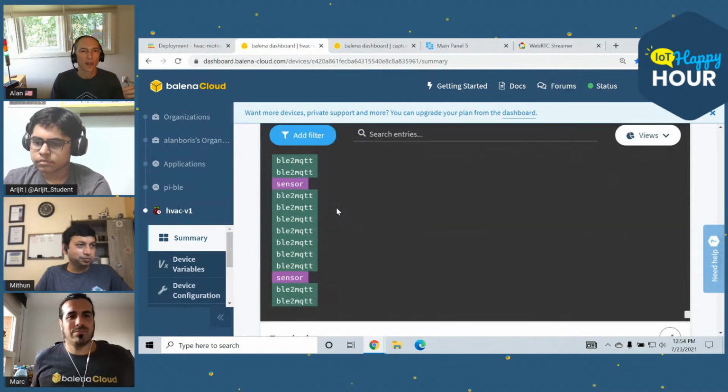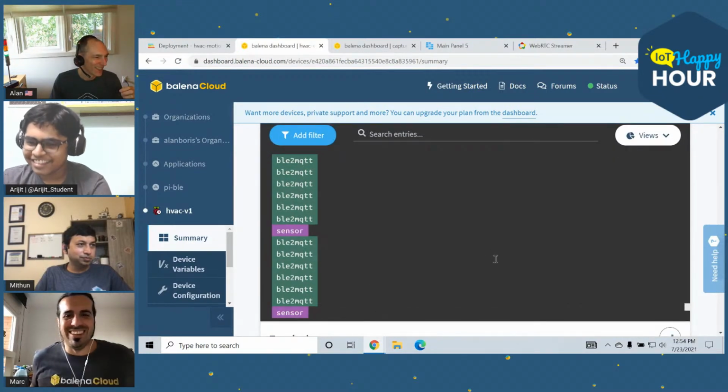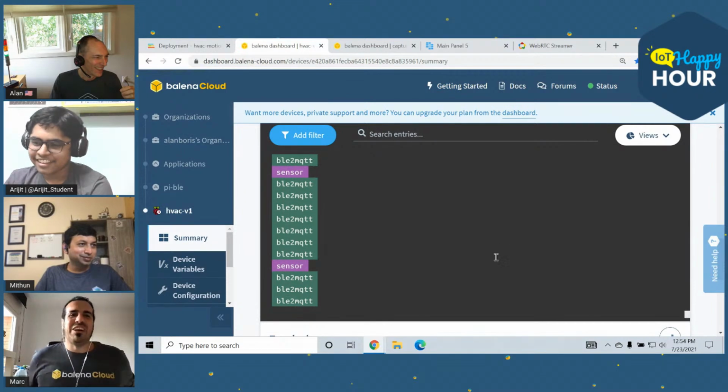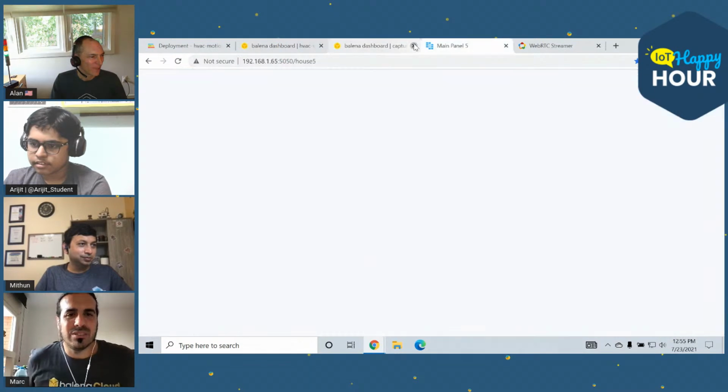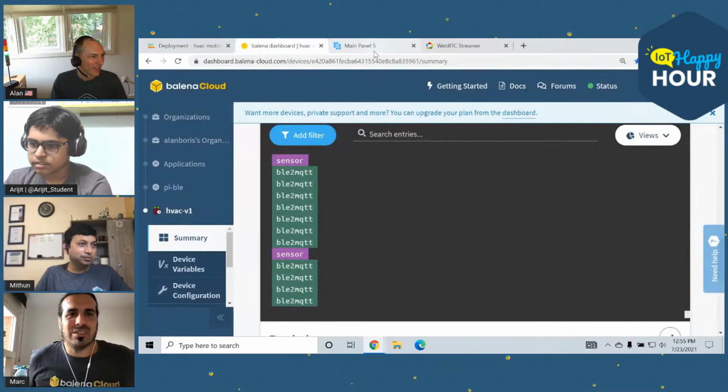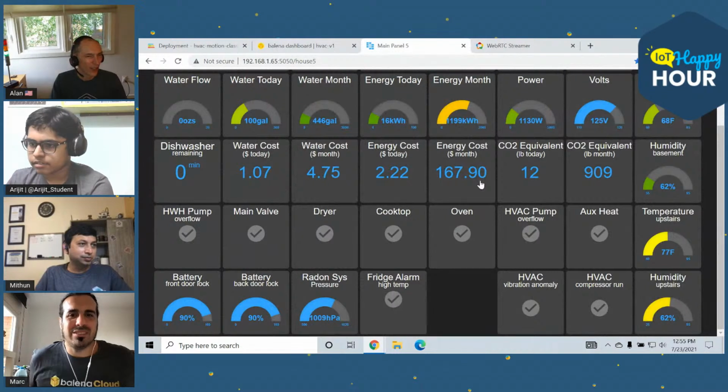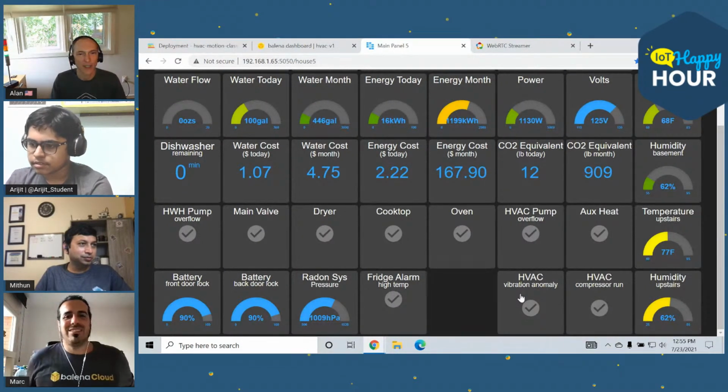So what it is doing, and where did all this data go? Maybe you have two dashboards open and one is interfering with the other logs. Let's close this up then. Yeah. Well, here's the Home Assistant dashboard, and you can see I have a place for vibration anomaly here.